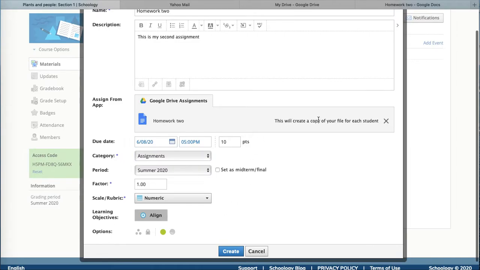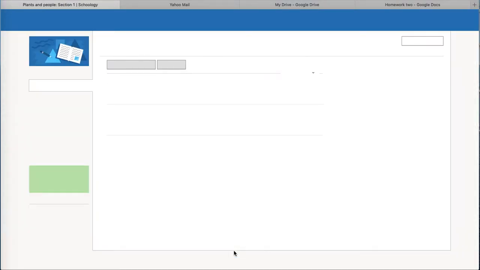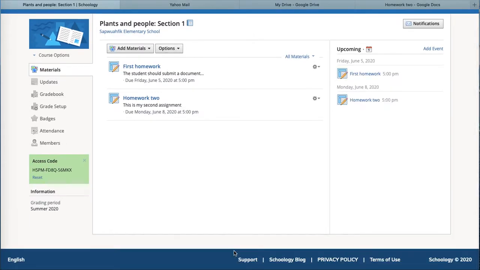And note too that this will create a copy of the file for each student. So when I click create, students will have a copy of that file for them to work on homework number 2. From the student's perspective,